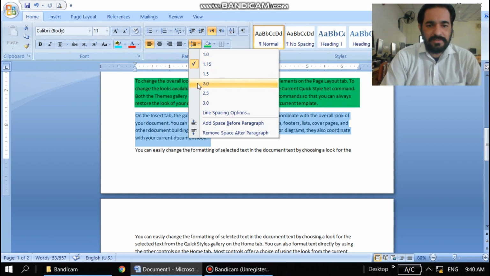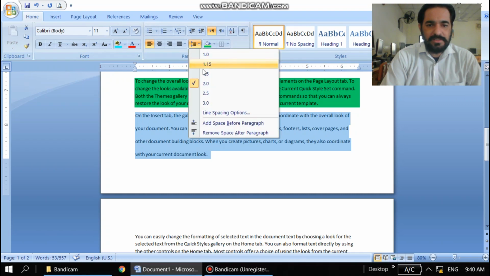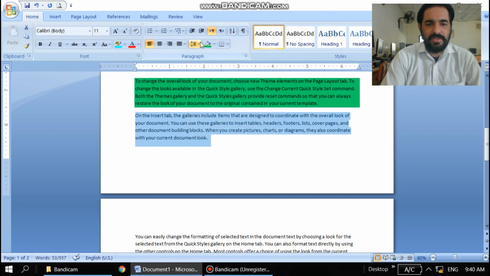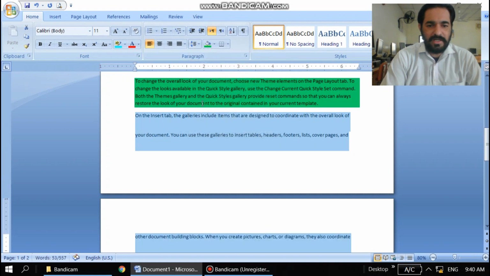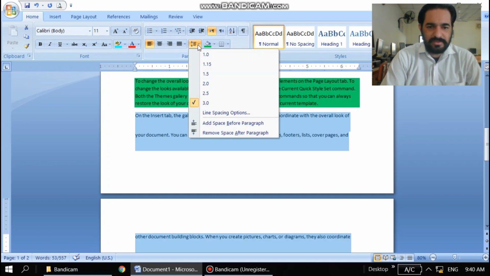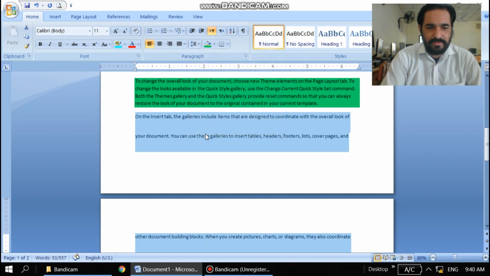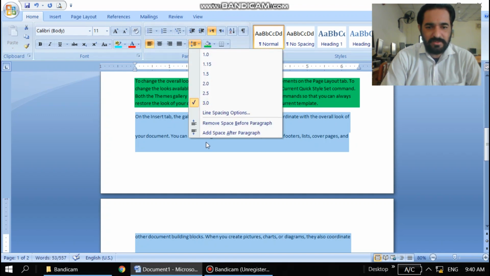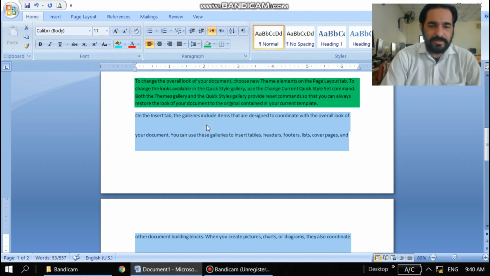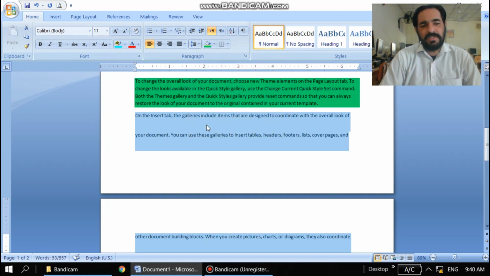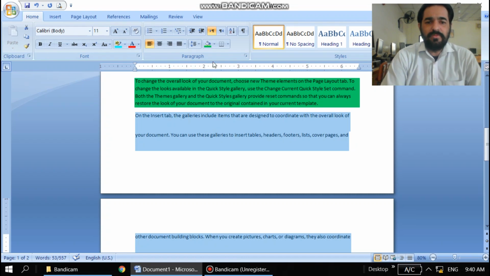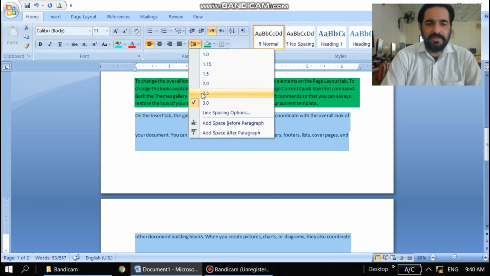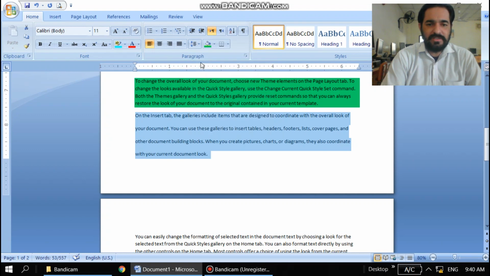We can increase or decrease line spacing between words and lines. We can add like this. So add space before paragraph. We can also remove space after and before paragraph. So different options are there. These options give you more suitable space between your lines and text. We can also decrease it according to our requirement.